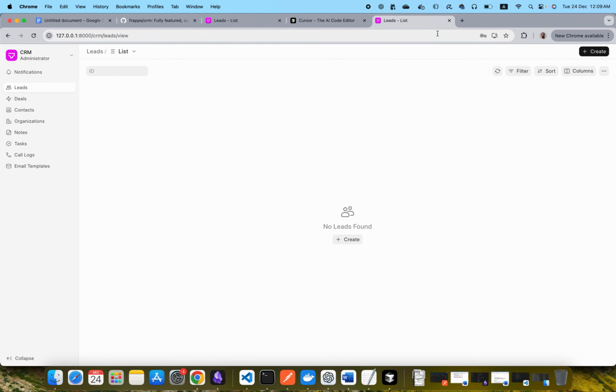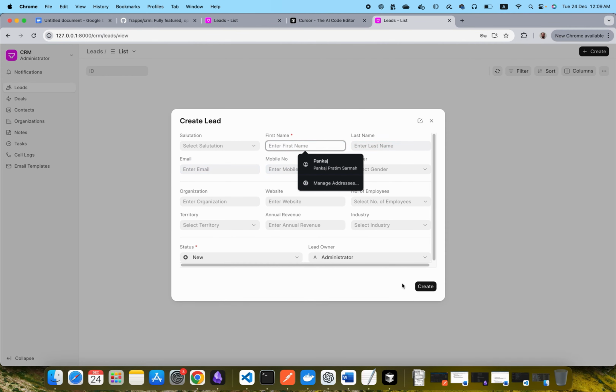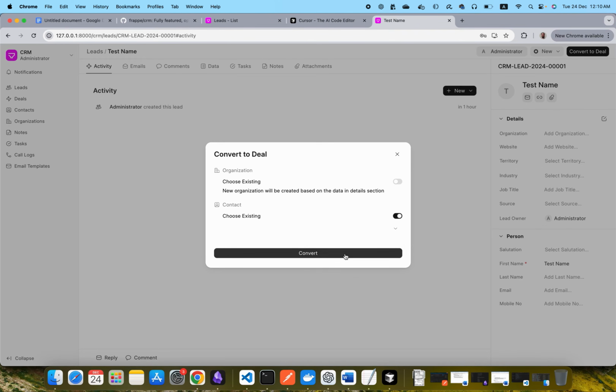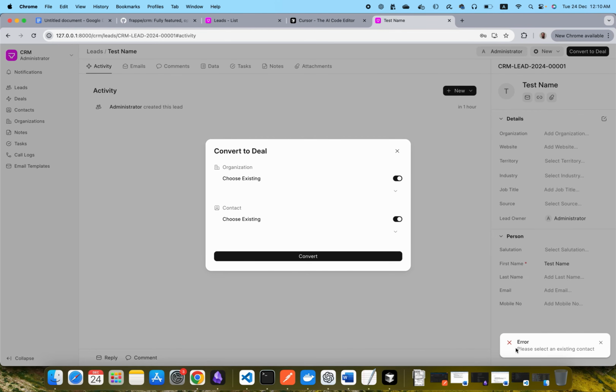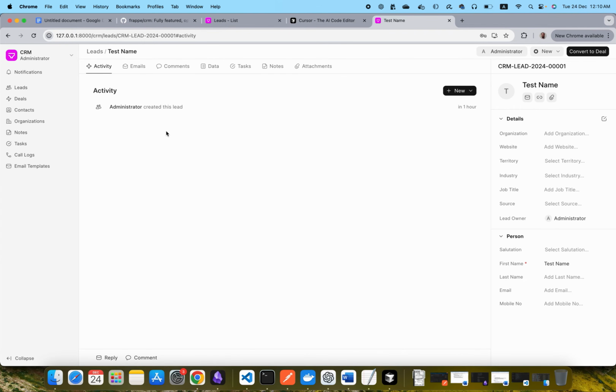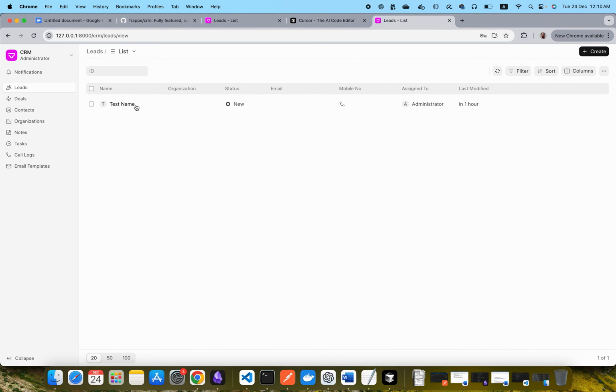It's the same application as shown here. It has leads, deals, contracts, and all those kinds of things. You can create leads, and you can create deals from that. So test name, suppose I just created it, and then you can convert it to a deal. Let's select a few things and select convert. Okay, it says existing contract. There are so many things here that we need to understand. So for now, let's try to log in and probably try to create a new lead if the login